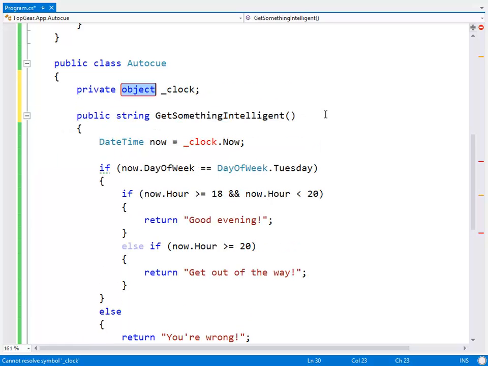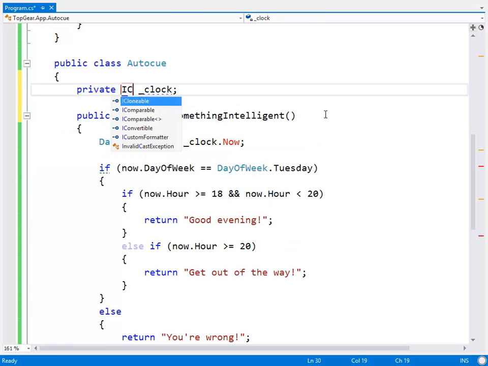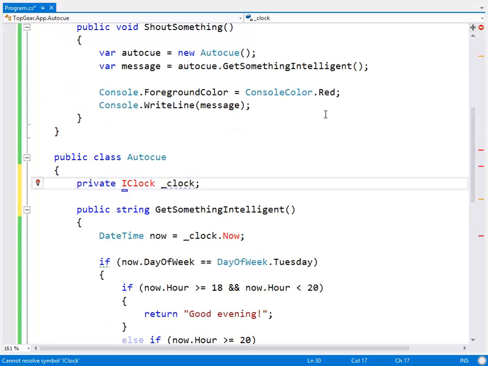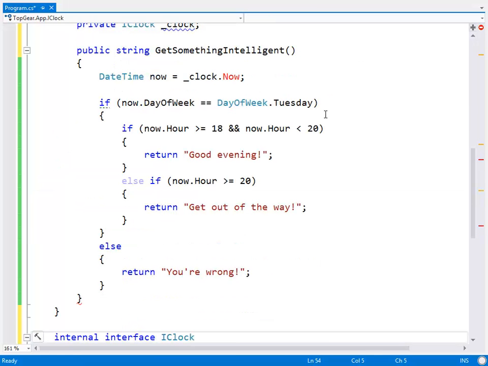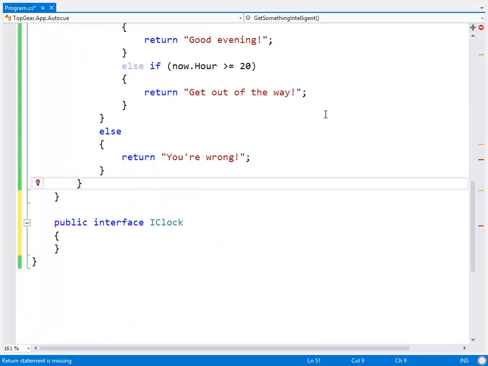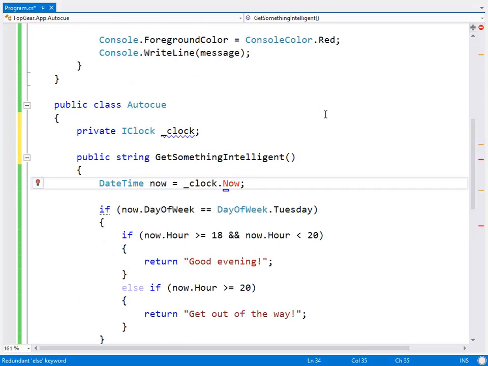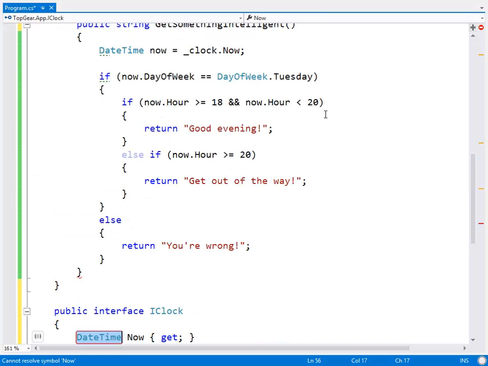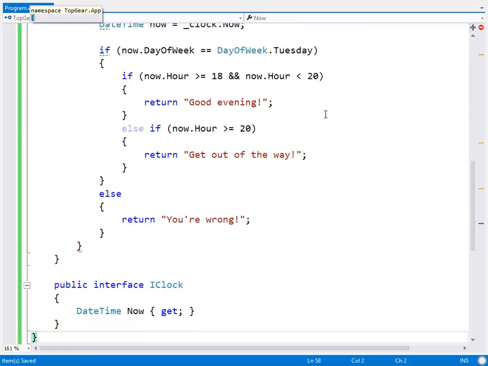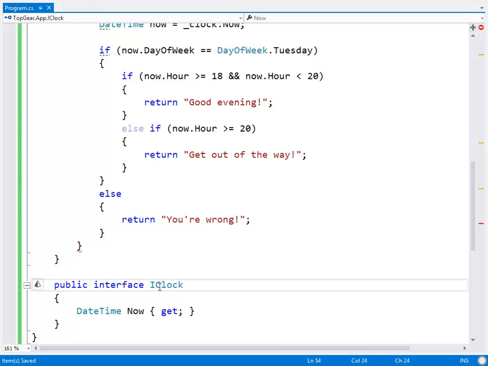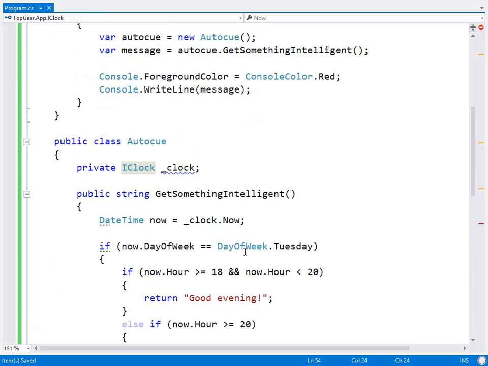I'm going to create a field called clock, and it's going to be an IClock, and that's all very nice. We don't actually have an interface called IClock either, so I'm going to create one of those. Internal interface here should be public. Cool, alt page up for me. And it's going to have a read-only property. There we go. DateTime Now, and that'll do nicely for now. So our IClock is just going to return some form of now. Right? And that's all very nice.